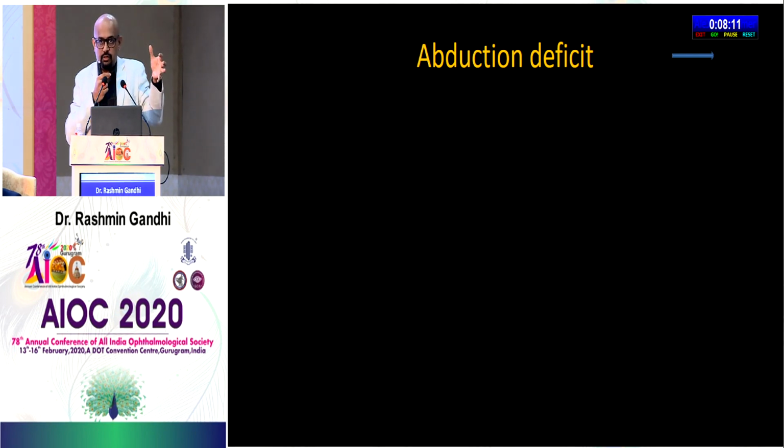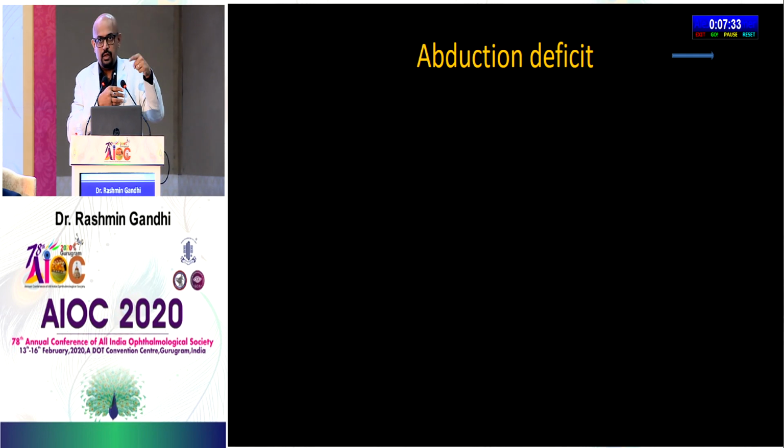Versus a pontine lesion, where also you will find the 6th and 7th nerve to be affected together. In a pontine lesion, again there will be an abduction deficit of the same side. Let's say if the patient has a left pontine lesion, the patient would not be able to abduct the left eye. He'll also not be able to adduct the right eye. So there will be a gaze palsy. Pons is the region where you have the abducent nerve nucleus. So the 6th nerve nucleus with PPRF acts as a gaze center to the same side. So if you have a pontine lesion, you will have a gaze problem to the same side with a 7th